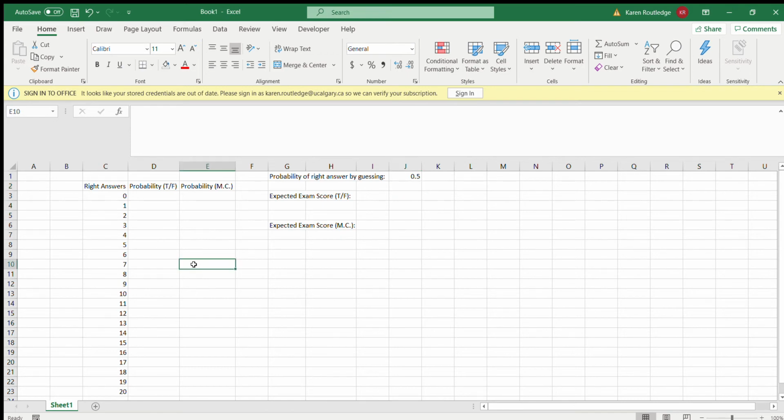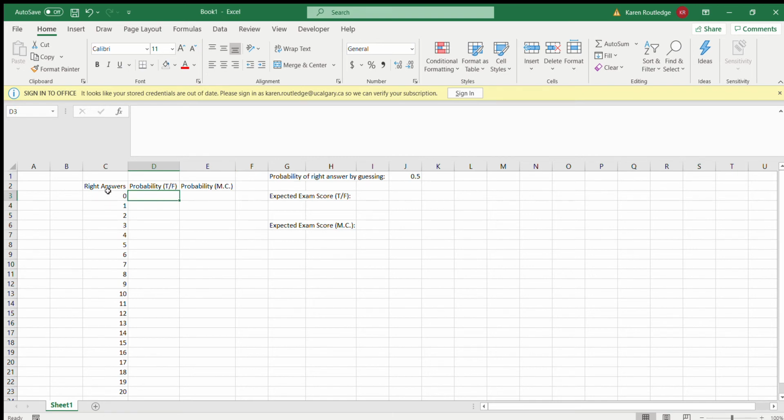So I already gave away the answer on how we're going to do this. It's a binomial question. Hopefully you could look at the setup and figure that out for yourself, knowing that we're going to look for a certain number of correct answers, or a certain number of events happening, given a certain number of opportunities, certain number of questions in this case, and given a certain probability of an event happening for every opportunity. So probability of getting a right answer in this case. So those 3 components lead us to using the binomial distribution, and that is what we're going to do here.